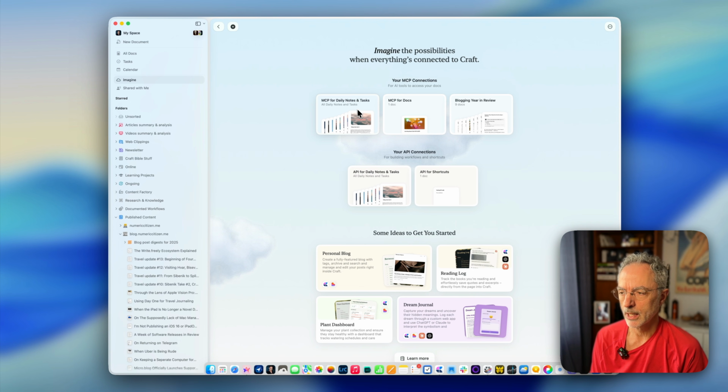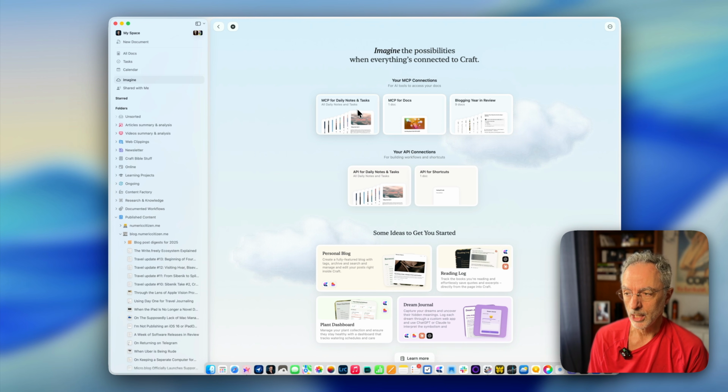When you are creating a new connection in Claude to connect to your MCP endpoint in Craft, there's some kind of validation that occurs at that time. But if you change some parameters later in the connection on the Craft side, Claude might have problems accessing content. And the problem is that the issues are not always obvious. You have to really read the answers that you are getting to make sure that Claude is accessing the right content.